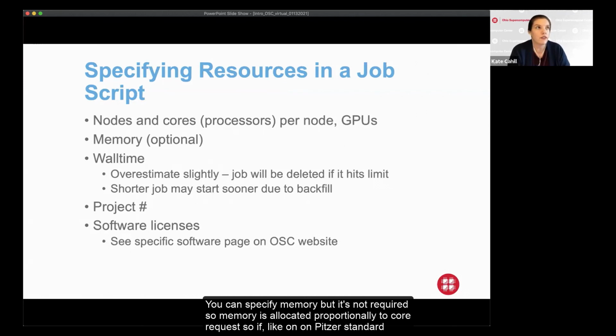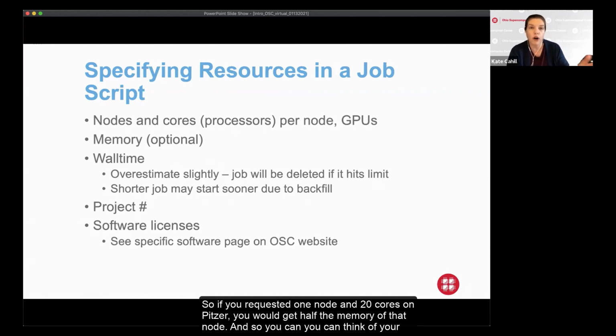On Pitzer, the standard nodes of the original Pitzer have 40 cores. So if you requested one node and 20 cores on Pitzer, you would get half the memory of that node. You can think of your memory request as being implicit in your core request.